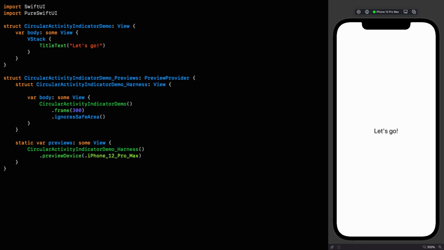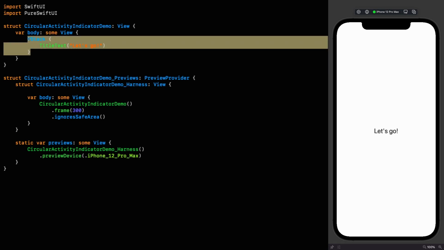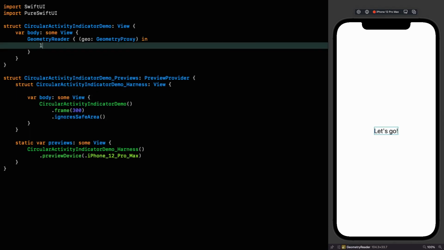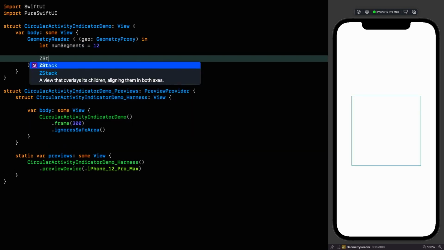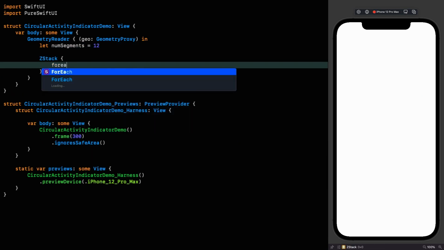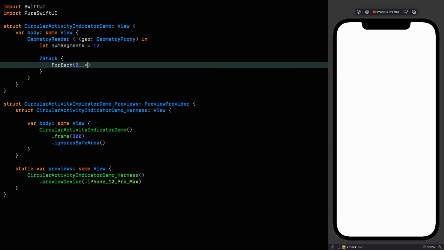First, let's throw together something that might be considered a stereotypical circular indicator. As you may know, I like to make my designs size agnostic where possible, so we're going to be using a geometry reader to facilitate that. And we're going to have 12 segments in this indicator, and then in a Z stack, we're going to loop over them,